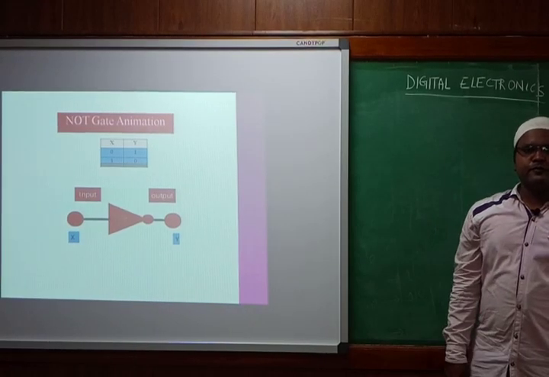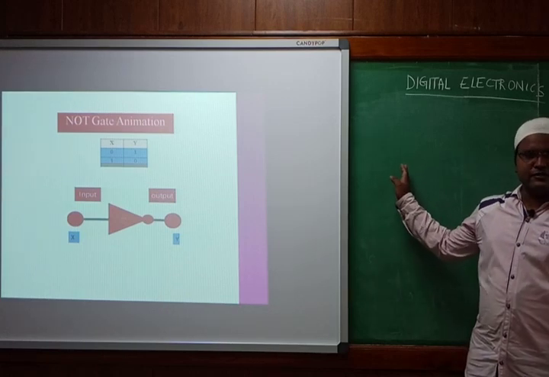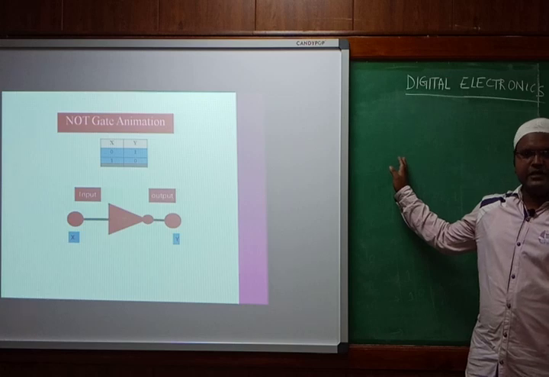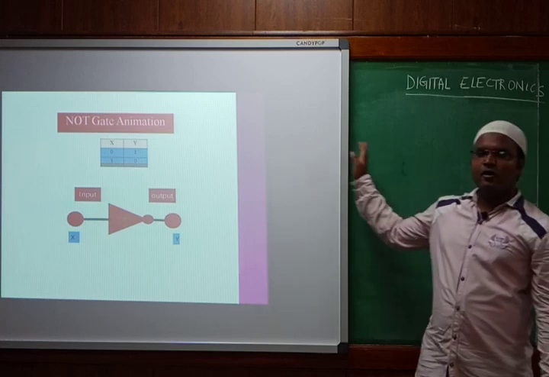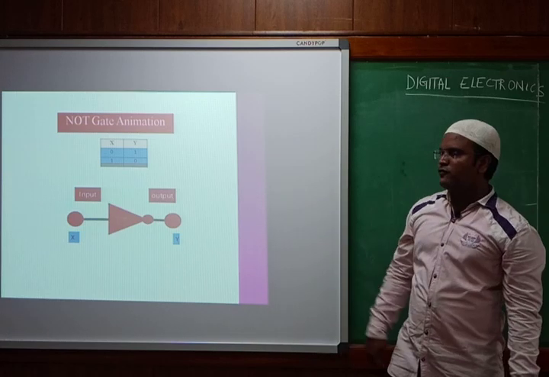Okay, so in the previous one, we have seen all the types of number systems and how the number system has been obtained. Likewise, in the previous class, we have discussed all the types of logic gates. So what is the first thing we have discussed?